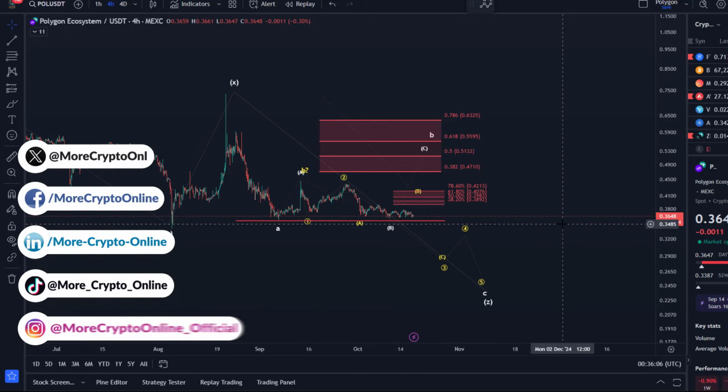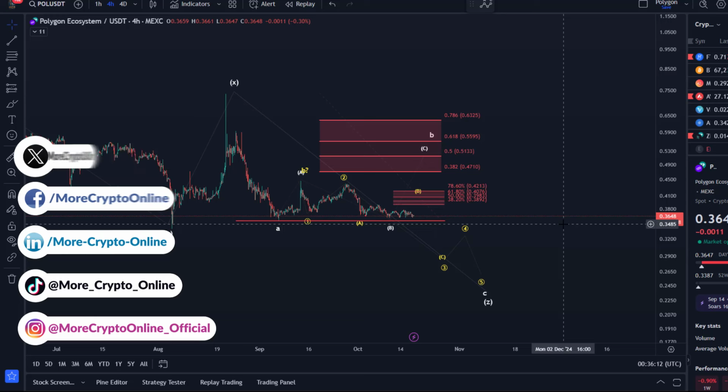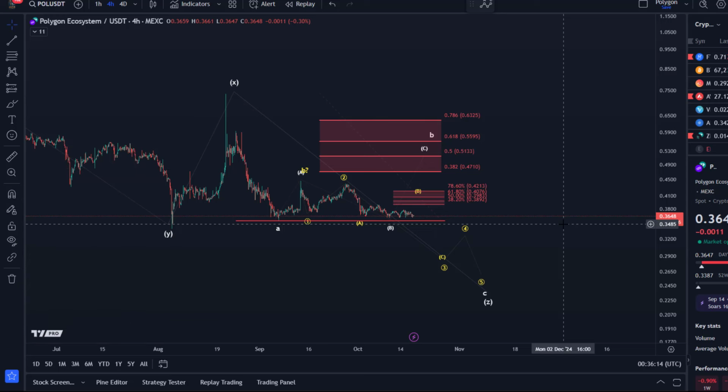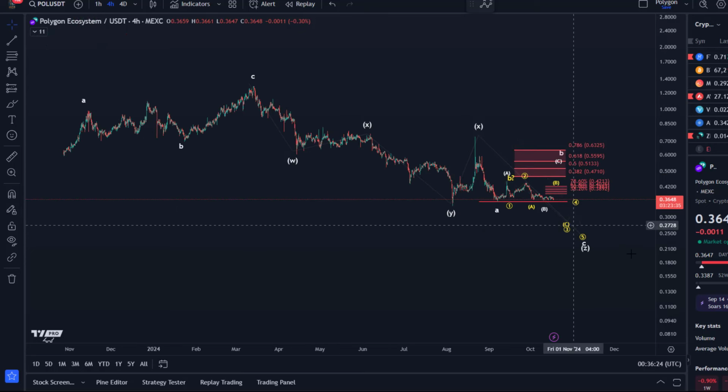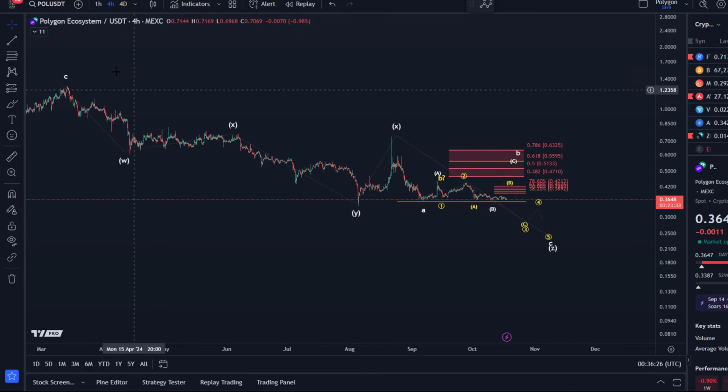Polygon hasn't joined any of the recent rallies in the sector, so it's quite weak. And that's also why I'm not covering it that much, because there isn't anything new really to say about it. It's pretty boring. It's possible that this move down is a complex correction, which we can label